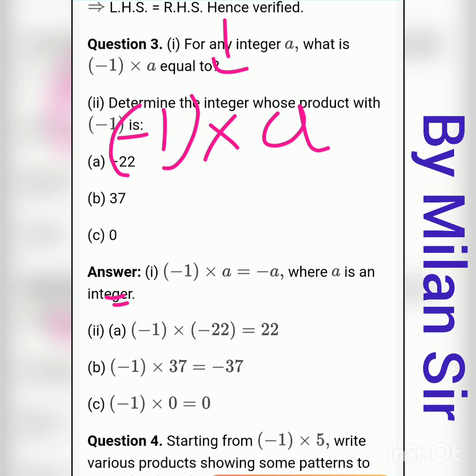Now any number multiplied with 1 is the same. That means if we multiply any number with 1 we get the same answer. It means 2 ones are 2, 17 ones are 17, 1652 multiply 1 is 1652. We get the same answer. 272 multiply 1 is 272. So if we multiply a with 1, then we also get the same answer, a ones are a.